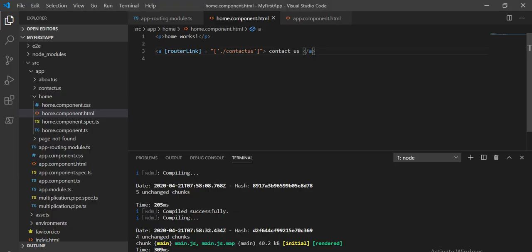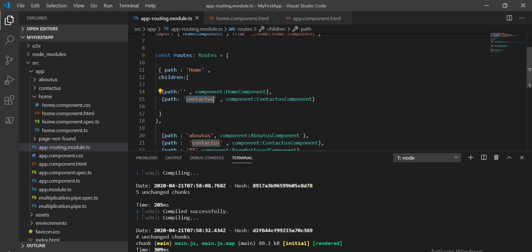For creating this child path, again I will explain what we did. Under home I want some component, so in the path I add the path name, and then under children I give the component under this path. By default it will be the home component.